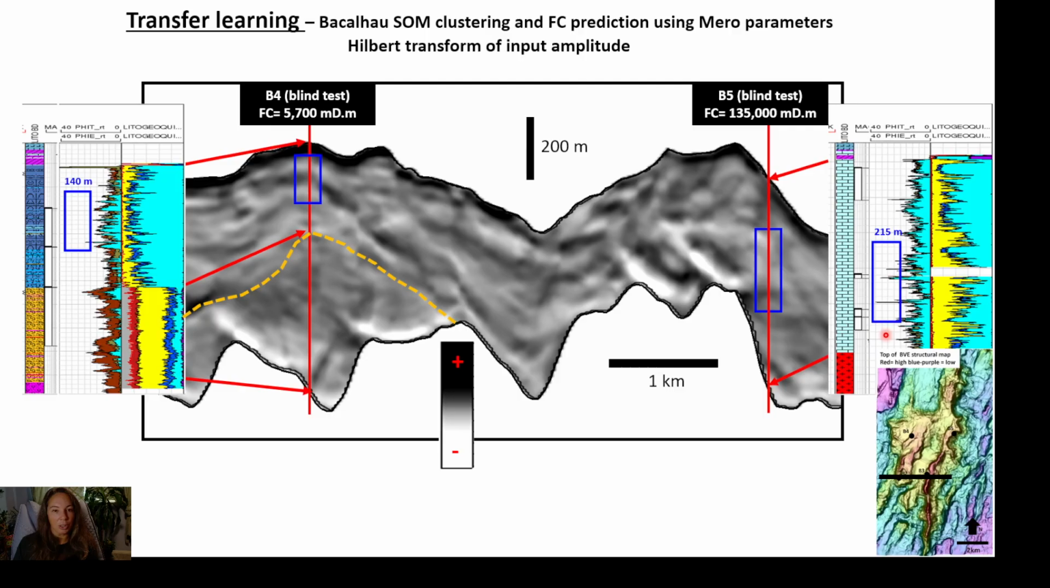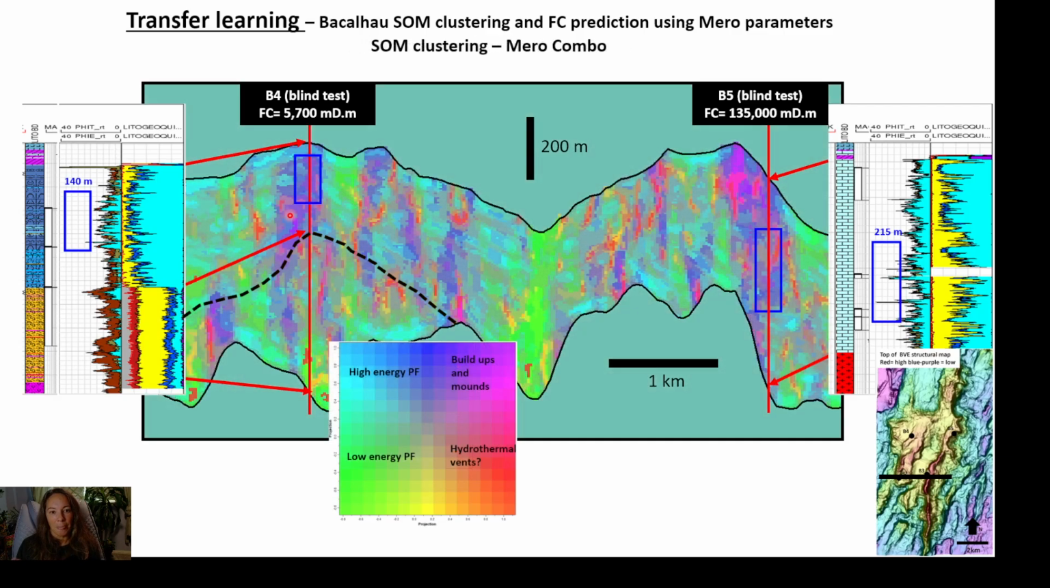So now moving into transfer learning, I'm just going to show with the Bacalhau a couple of images before I wrap up. He used SOM clustering to get these flow capacity predictions using the Mero parameters. Here we're looking at the Hilbert transform of the input amplitude shown in grayscale. There are two wells that we're showing just for validation, but these weren't in the algorithm itself. After SOM was run,